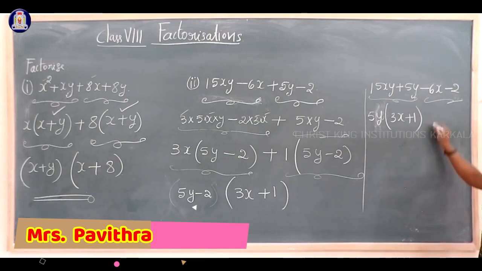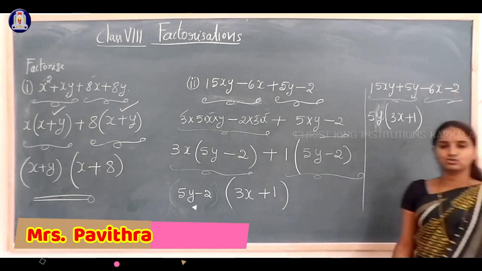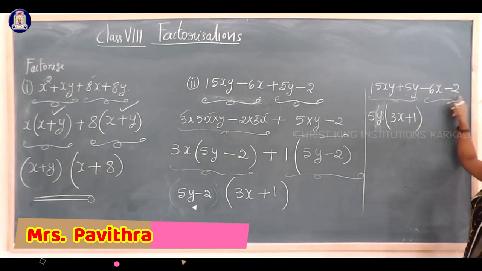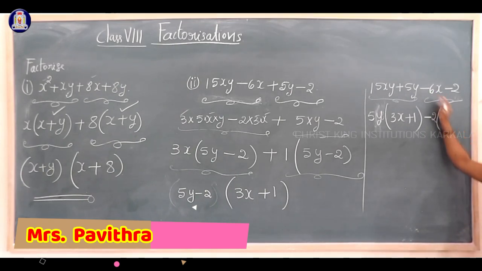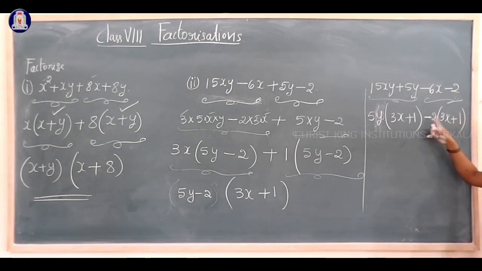Clear? Yes. So here minus 6x minus 2, the common, same number, same factor is 2. The sign is minus. So if you take 2 outside, 2 how much makes 6? 2 3s 6. 2 how much makes 2? 2 1s 2. But the sign is plus. Why plus? See, if you multiply this, you should get the same term. So 2 3s 6, minus into plus is minus. Again 2 into 1 is 2.